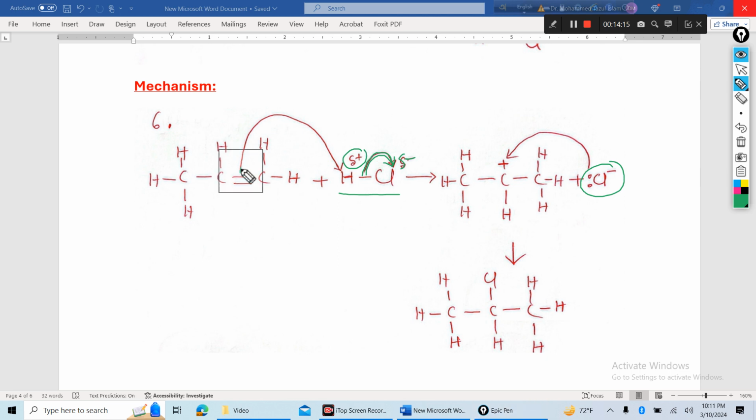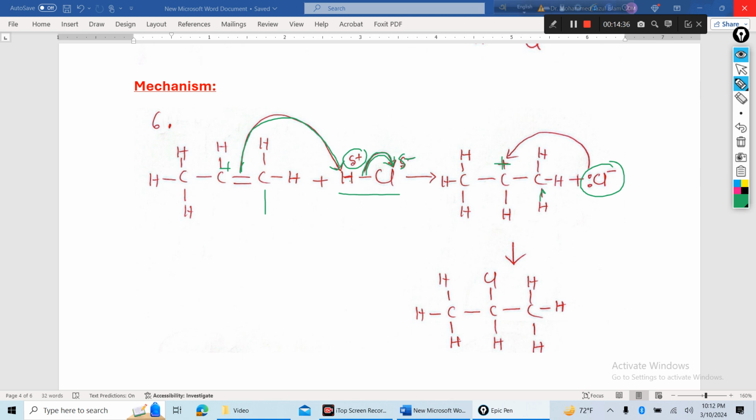Propene gives its pi electron to the positive hydrogen, and this hydrogen is added to the right-hand carbon of the double bond, and the left carbon of the carbon-carbon double bond becomes positive, a carbonium ion